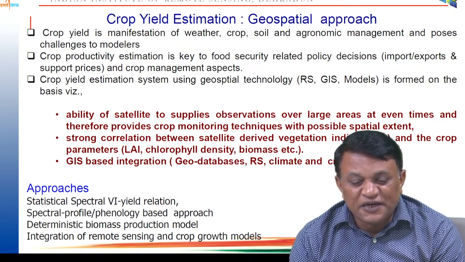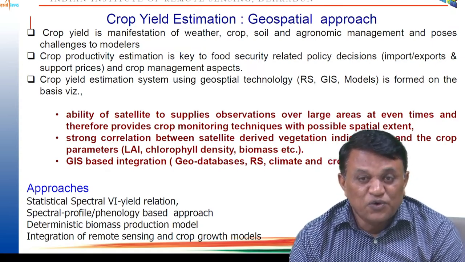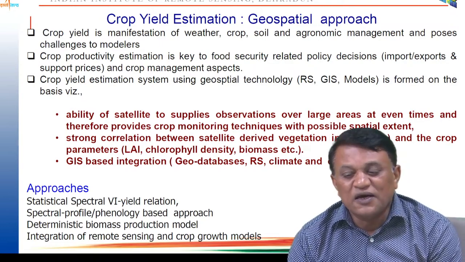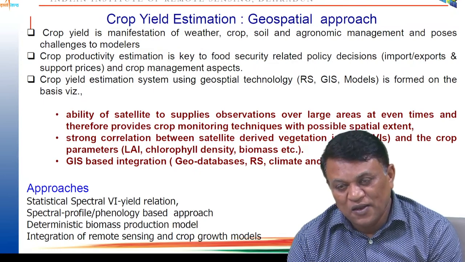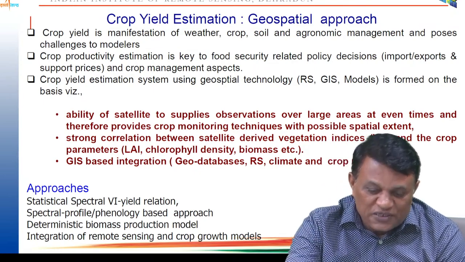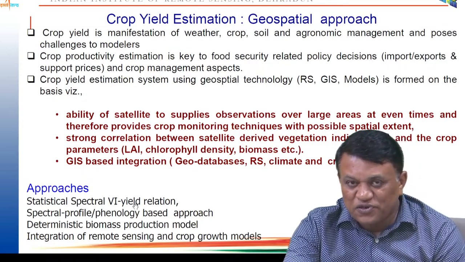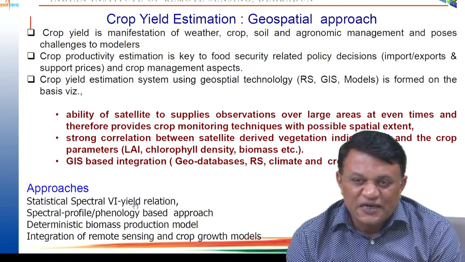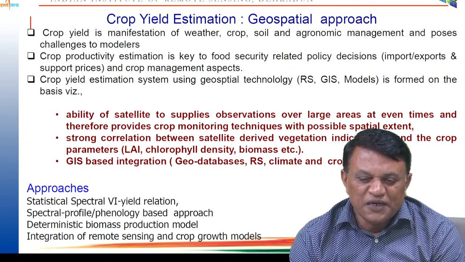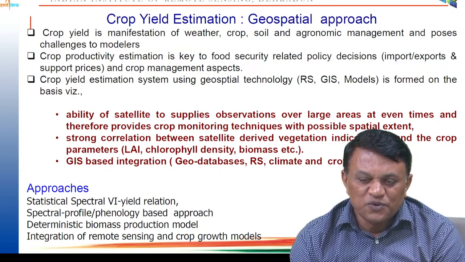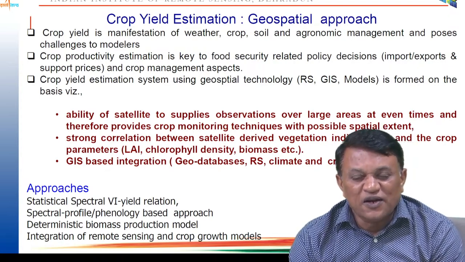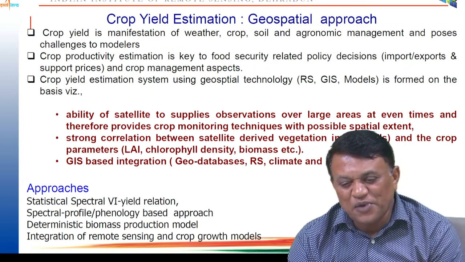All that can be integrated within the GIS to create a spatial database or simulation zone to run the climate crop model for better predicting crop yield. So there are different approaches. One is a simple statistical approach, where the vegetation index acquired during the maximum growth stage can be related directly to the crop yield. Nowadays, historical crop yield is available from the Ministry of Agriculture